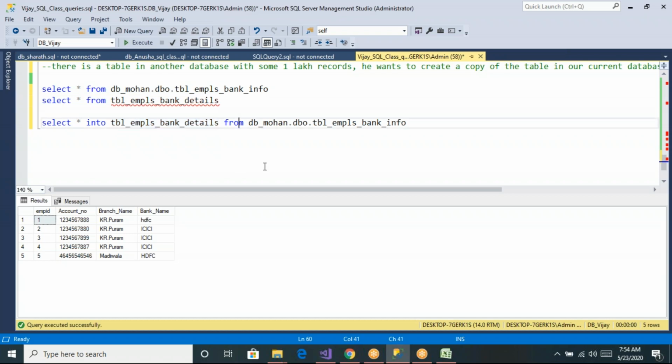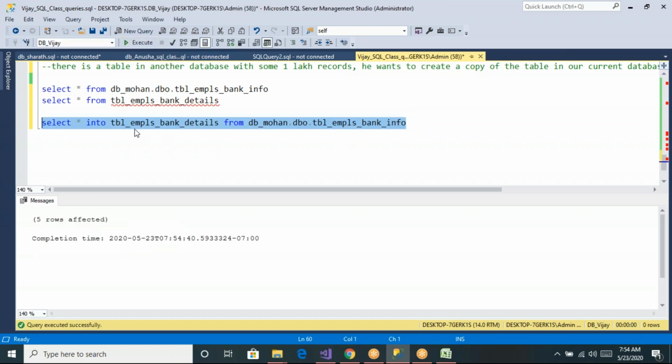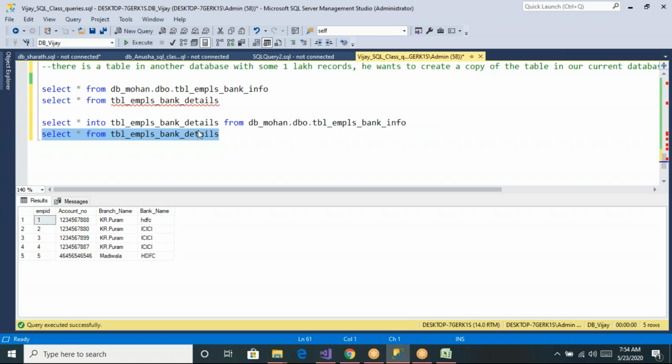Now you can see this query is able to create a new table with this name, and the data is also loaded here. After creating the table, let us write the select query here. You can see the bank details table is created with 4 columns, and we are able to load the data also.